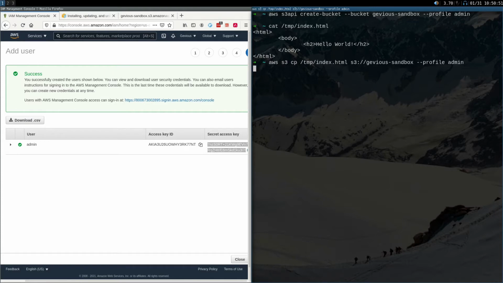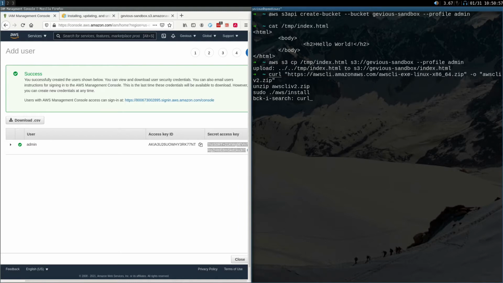There we go. You can see it succeeded. And if you wanted to, you could go to the actual URL in a web browser to see what that file looks like. Well, it's not there. And that's a good thing because by default, the S3 bucket is secured so that you can't just access it